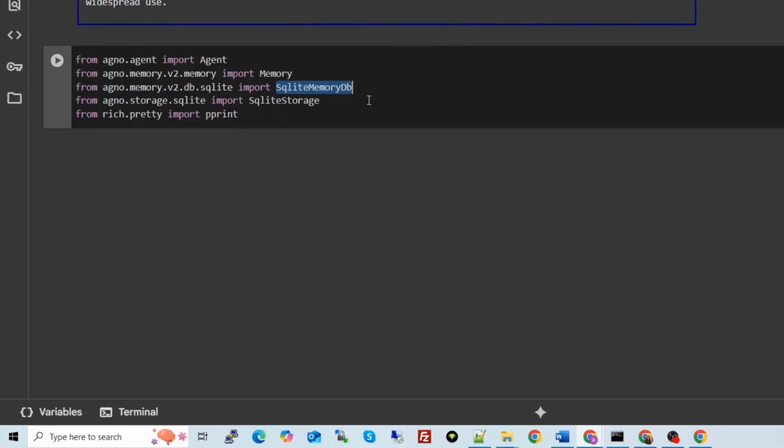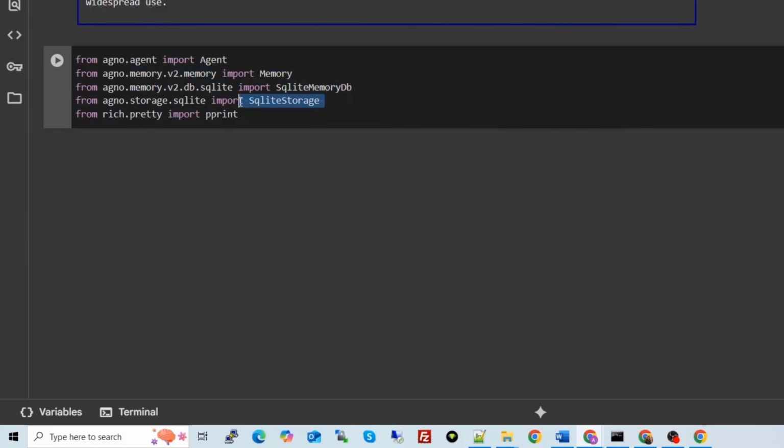So we are using SQLite to store whatever this memory extracted about the user. We will create one database, and inside that database we will have a separate table which will store the user's memory, whatever the agent learned about the user. That data will be stored in this SQLite using this. Okay, so these two packages are for that.